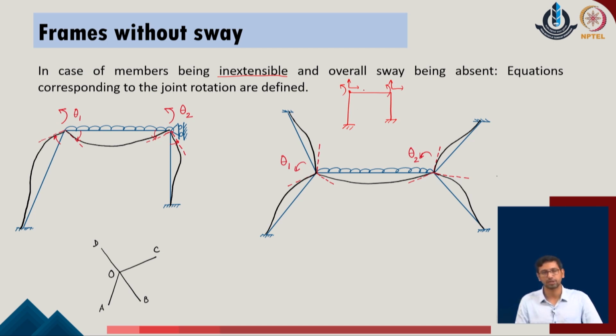But if we say that member extension or length change is not possible, the member cannot move in the upward direction because the bottom one is fixed, and that would lead to a change of length of the column member. So, that is why we remove this reaction, this possibility of deformation. Similarly, this vertical translation here will also be avoided.